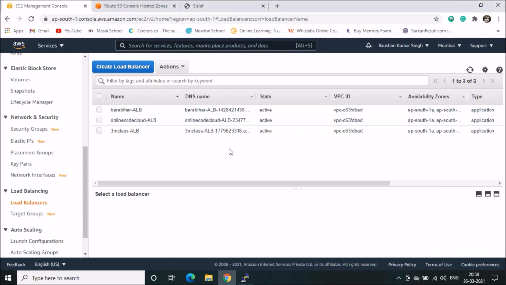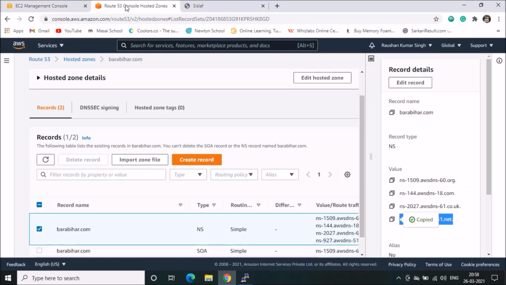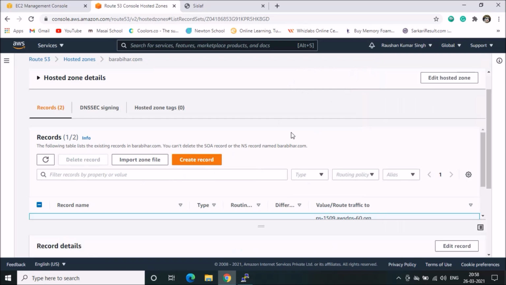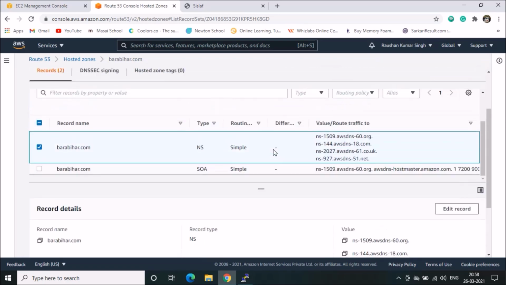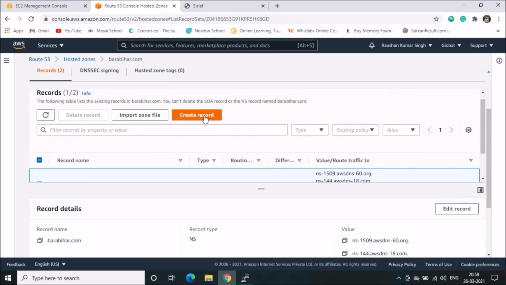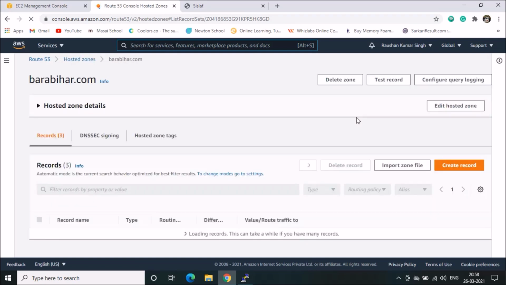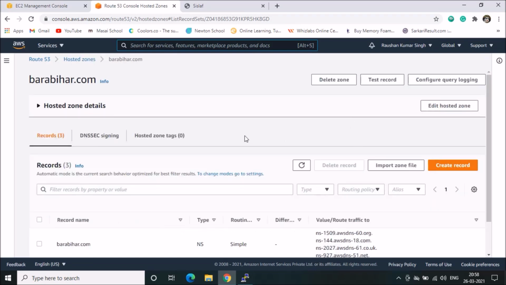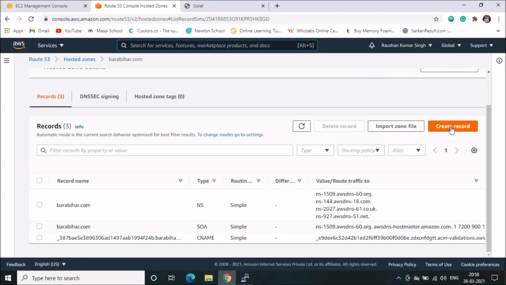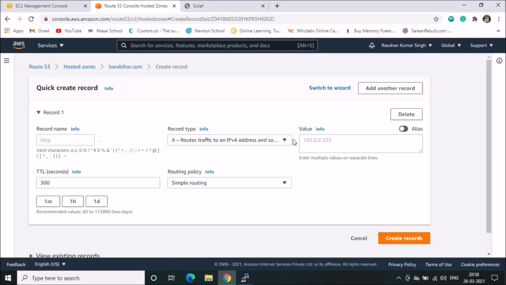We need to add this load balancer entry in Route 53. So we will refresh the page once, so everything gets updated. Then in the hosted zone, create record.